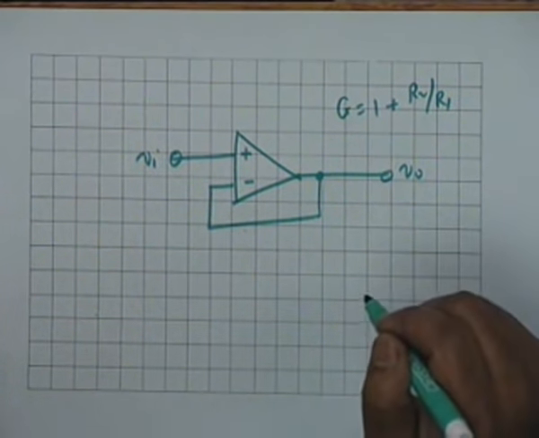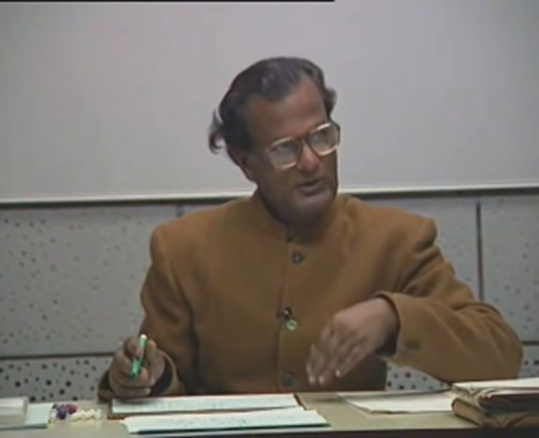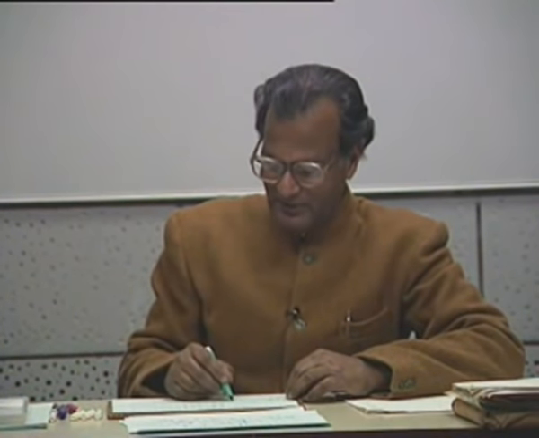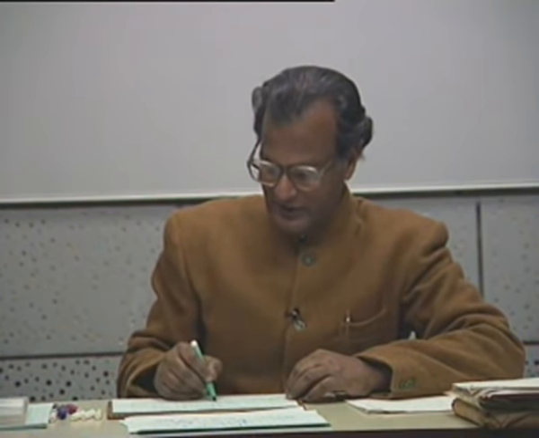You might ask, why should we get a circuit with a gain of +1? Well, it provides isolation. You see, if we apply a voltage source here, then the output and input are isolated because this voltage source does not deliver any current, but you are transferring the voltage. It is actually a transfer from input to output, and the two sources then become isolated with respect to each other.